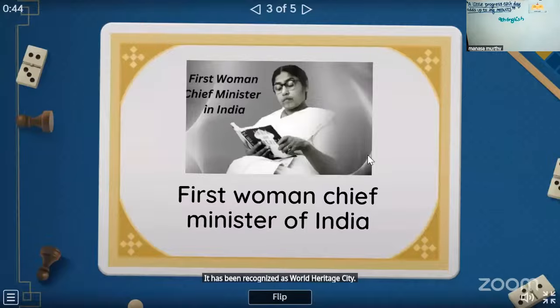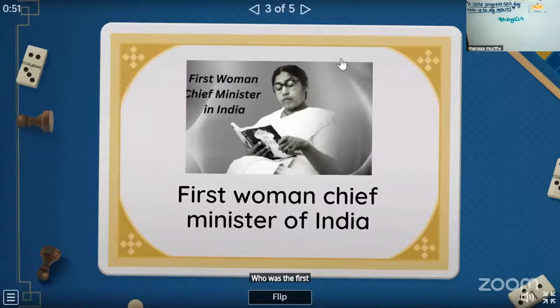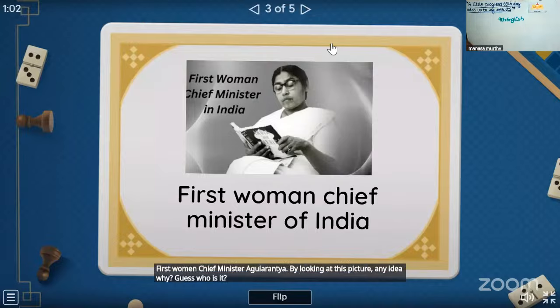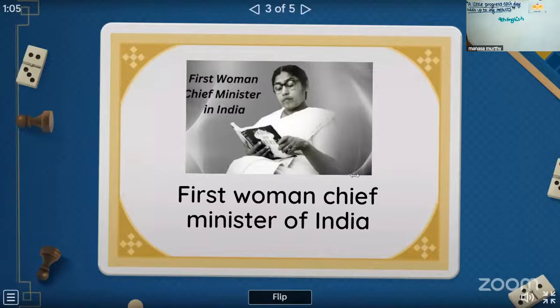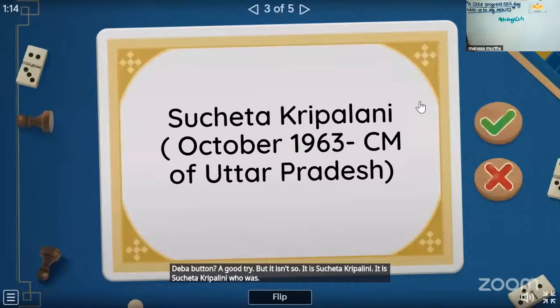You'll be knowing India's first women Prime Minister, but are you aware of who was the first women Chief Minister in India? By looking at this picture, any idea, wild guess, who is it? Pratibha Patil? A good try, but it isn't so. It is Sucheta Kripalini who was designated as Chief Minister of Uttar Pradesh in the year